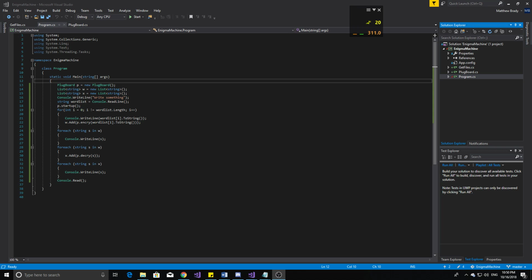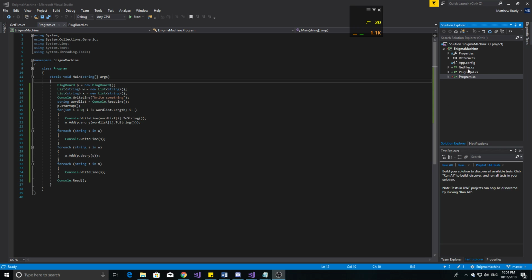So to run through the program that I've got going so far, it's the plugBoard part of it. I have 3 classes going on. The program class is just kind of my test area, and right now it's set up to take user input and then just encrypt it and immediately decrypt it, just to test to make sure my encrypt and decrypt is